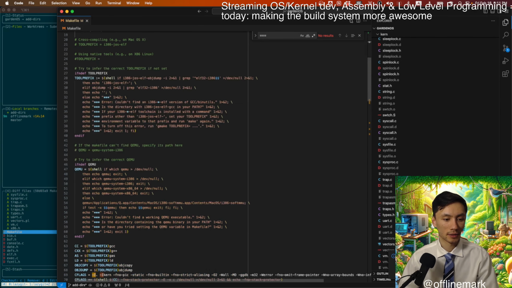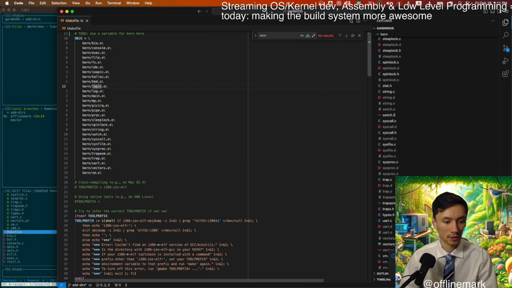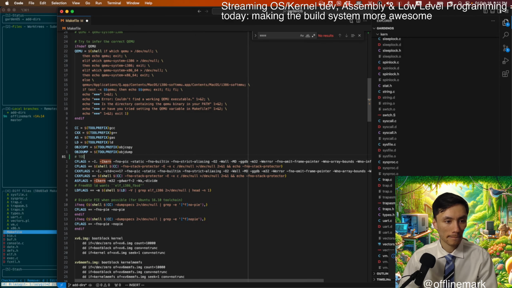And kern, oops. Maybe a FIXME: makes the kernel headers available for user space. To user space also this build.